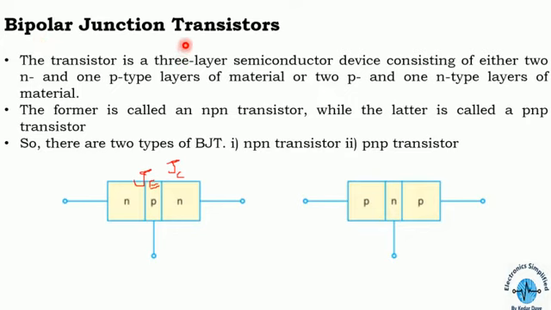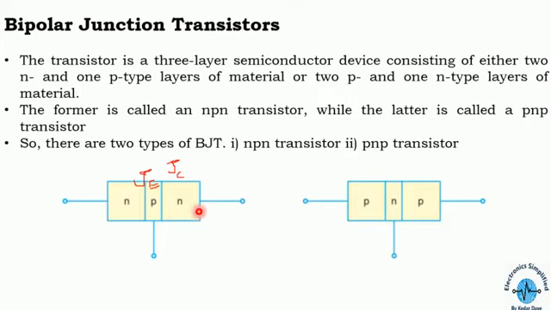Now the second word, that is transistor. What do we exactly mean by this? We can say that transfer plus resistor means this kind of structure will offer some resistance, and between these two regions there will be a power flow, and power is being transferred from a low resistance circuitry, or we can say low impedance circuitry, to a high resistance circuitry, or high impedance circuitry.